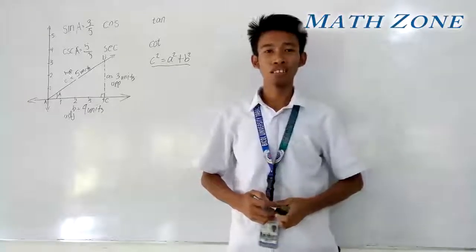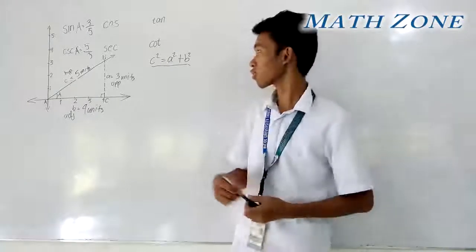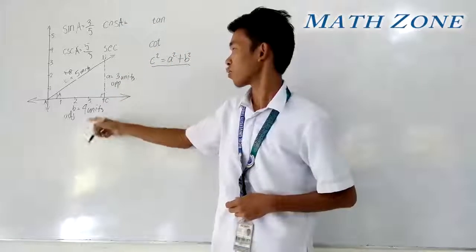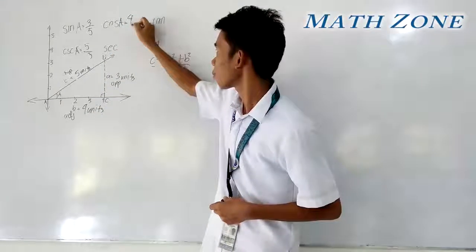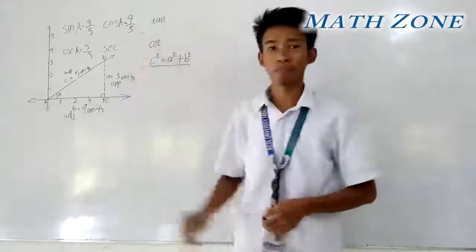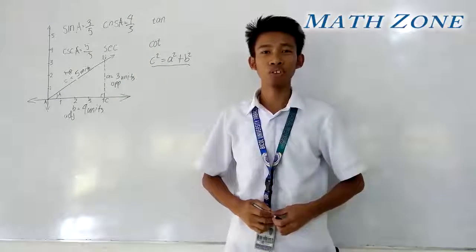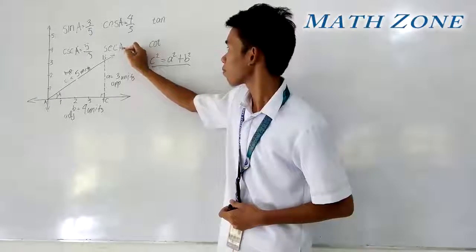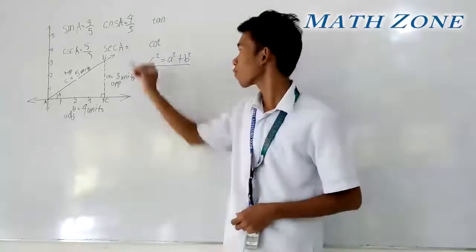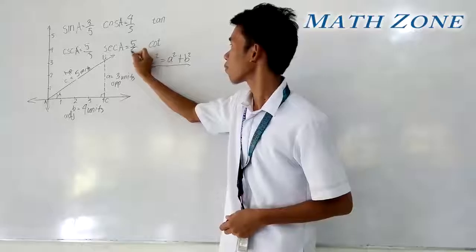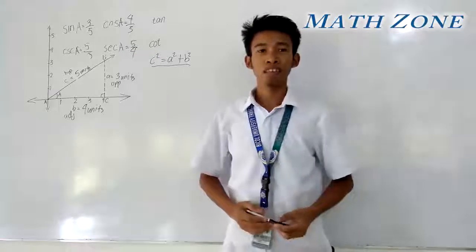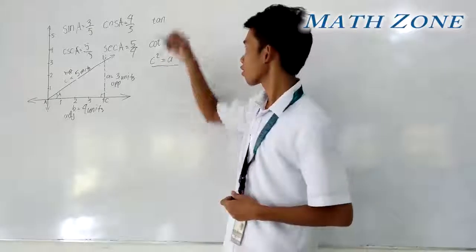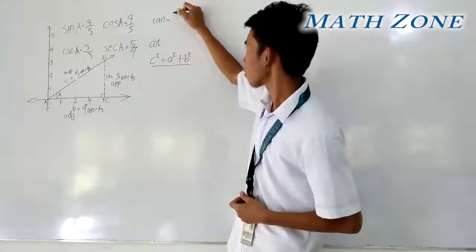And the cosine A is equal to adjacent over the hypotenuse, which is 4 over 5. And the secant A is equal to hypotenuse over the adjacent. We have 5 over 4. And tangent A is equal to opposite over the adjacent. We have